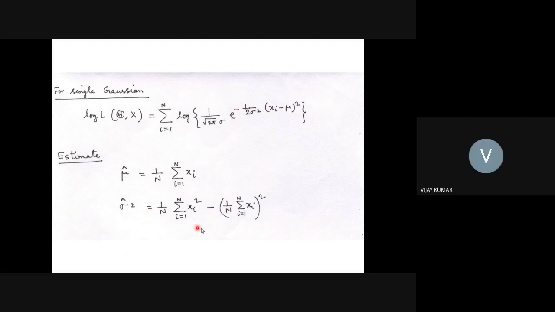And this is sample variance. So that means whenever we have a Gaussian distribution and we have data, the maximum likelihood of mean is the sample mean, and the maximum likelihood of variance is the sample variance. Got it? We used it extensively in many cases, but right now we see that this is nothing but the maximum likelihood estimator.